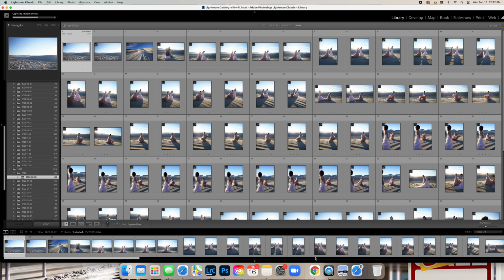So there's like Narrative, Aftershoot, and they're supposed to be smart enough to know what photos you would want to keep. I am way too controlling for that, so I figured that I would just